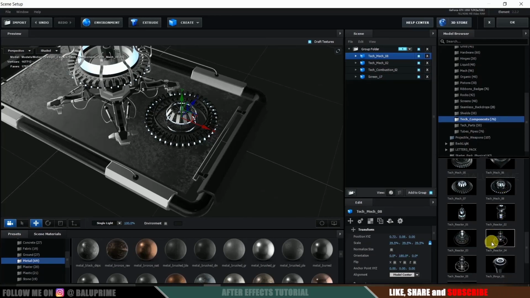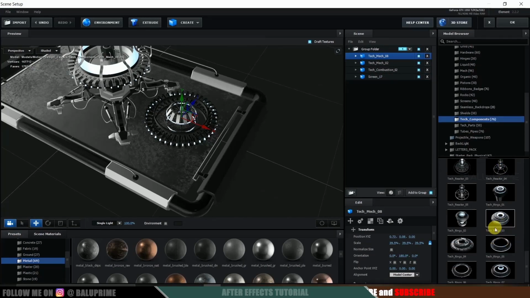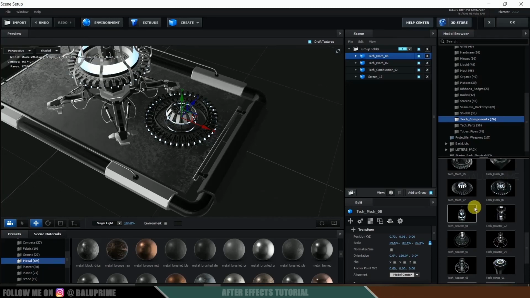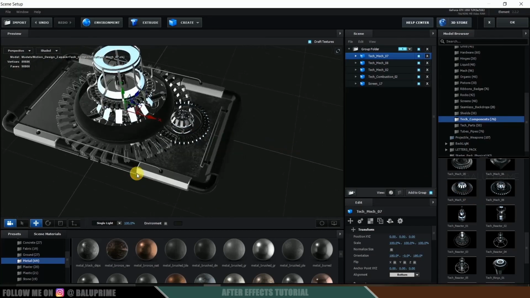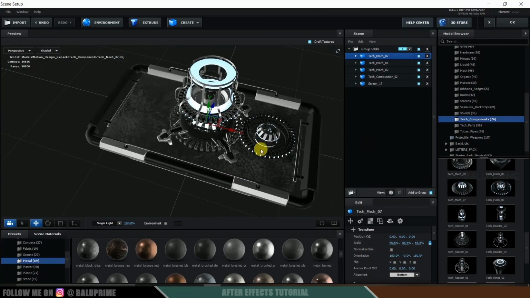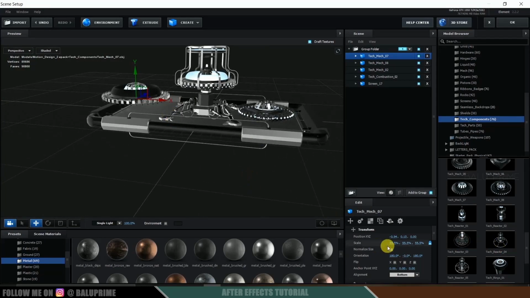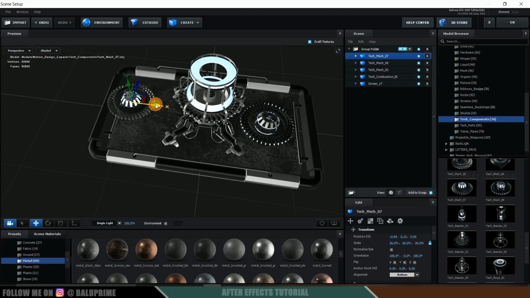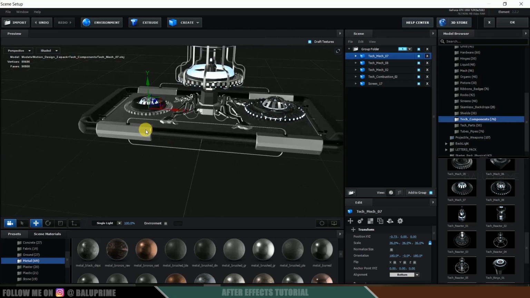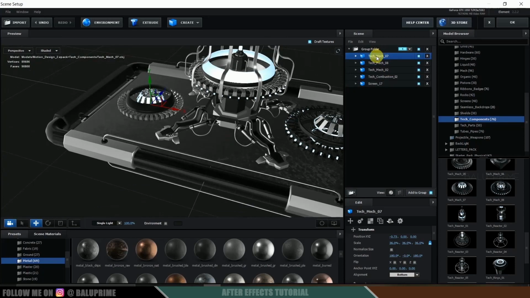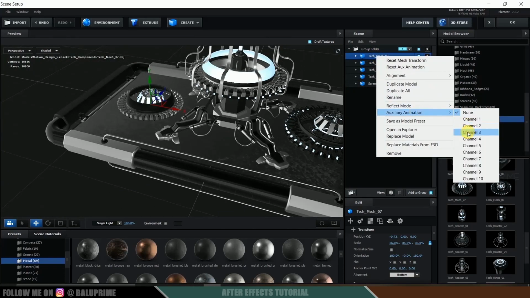Now again let me select, which one. Let me select this one. So let me again reduce the scaling of this and place it here. So move it up. Reduce the scaling once again. Place it at this position. Let's see that. Okay, at this position. Now change this to aux channel 3.